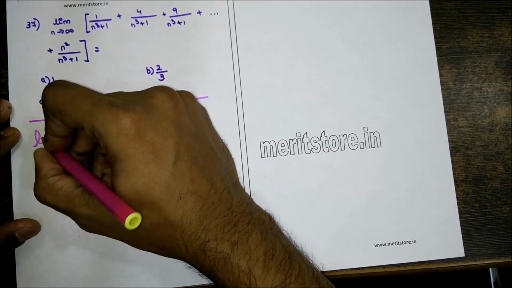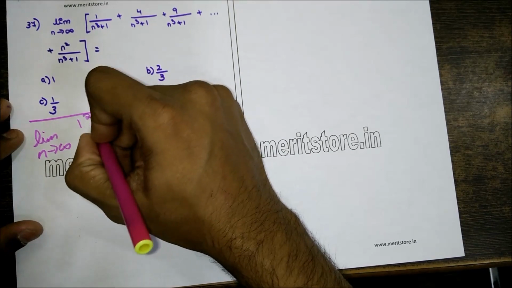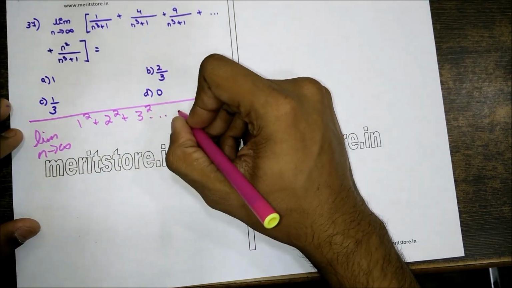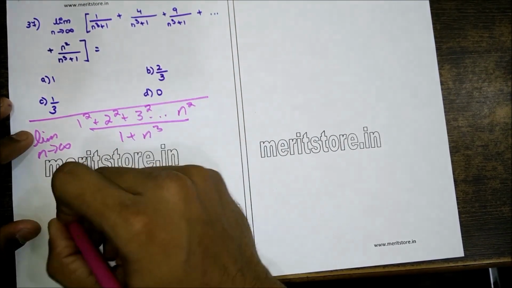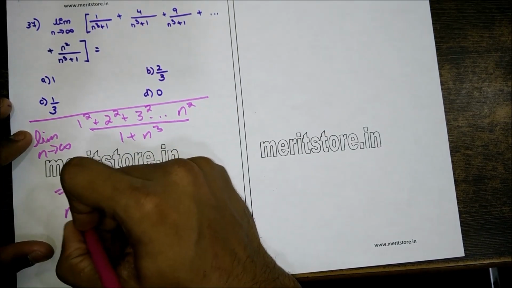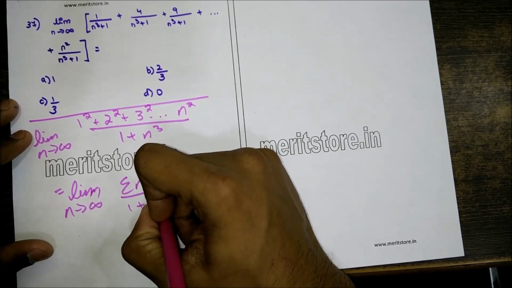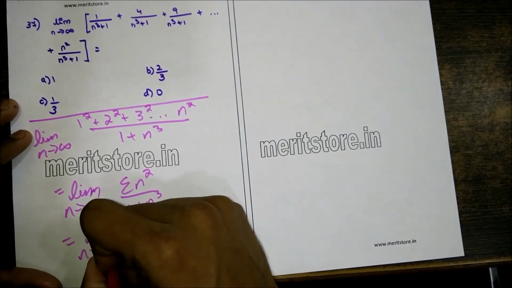So we could write this as limit of n tends to infinity 1 square plus 2 square plus 3 square and so on to n square upon 1 plus n cube. Limit of n tends to infinity summation of n square upon 1 plus n cube, which equals limit of n tends to infinity